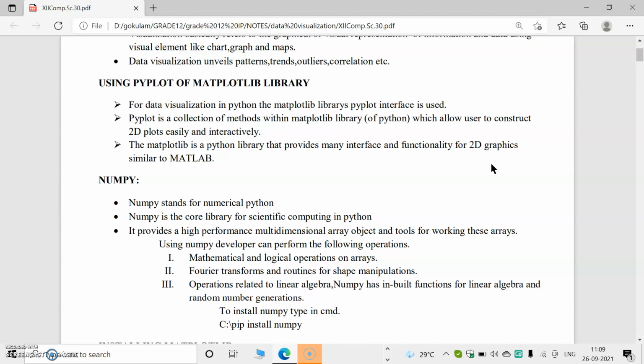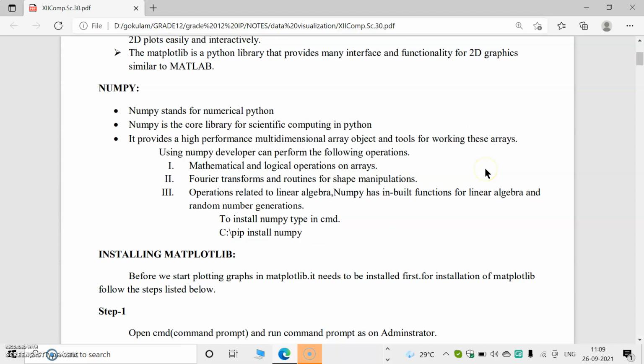Let's revise what a numpy is. NumPy stands for numerical Python. We use numpy in all our data visualization programs. As the name implies, numerical means based on numbers. NumPy is the core library for scientific computing.